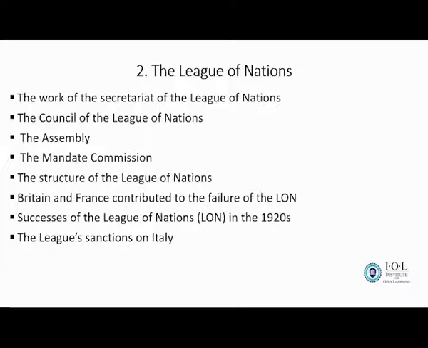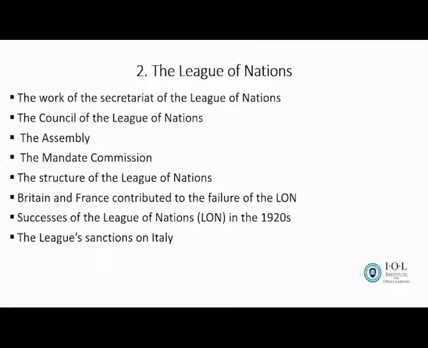For example, we have countries like Britain. It was the country that was supposed to offer their soldiers to the League of Nations whenever war broke out. But this country did not do that. Why? Because they still had the memory of the First World War. Their soldiers were killed in large numbers during the war, so they could not risk their soldiers dying in another war. And they said they had internal problems in their country. They felt they could not solve other people's problems, leaving their own problems at home.